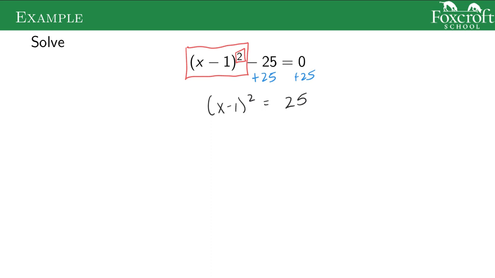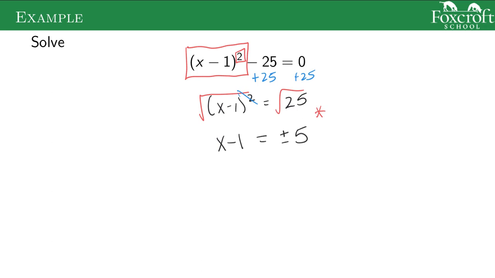And now that the thing being squared is by itself, I can use square roots because the square root and the squared are going to cancel out. And that just gives me x minus 1 on the left. And on the right, I'm going to get the square root of 25, which is 5. But don't forget our important step: because I took the square root of both sides, I should get positive 5 and negative 5. In our previous examples, we were done here, but here we're not done because I still need